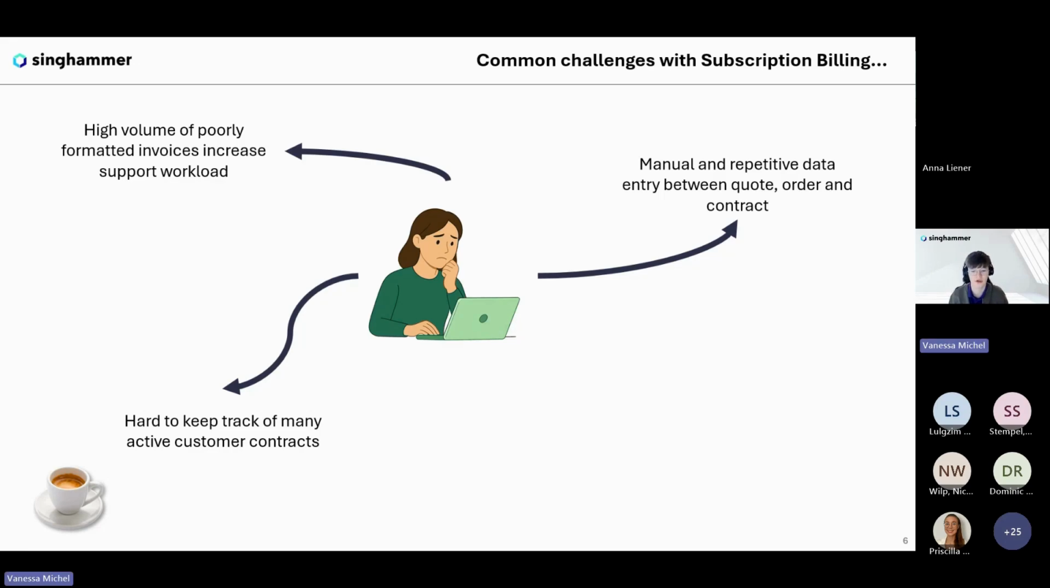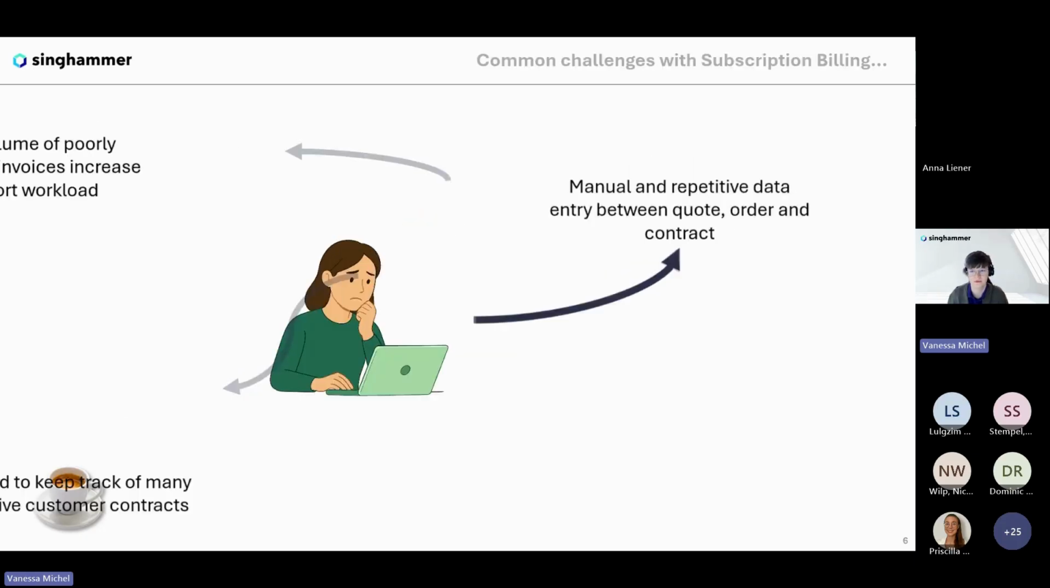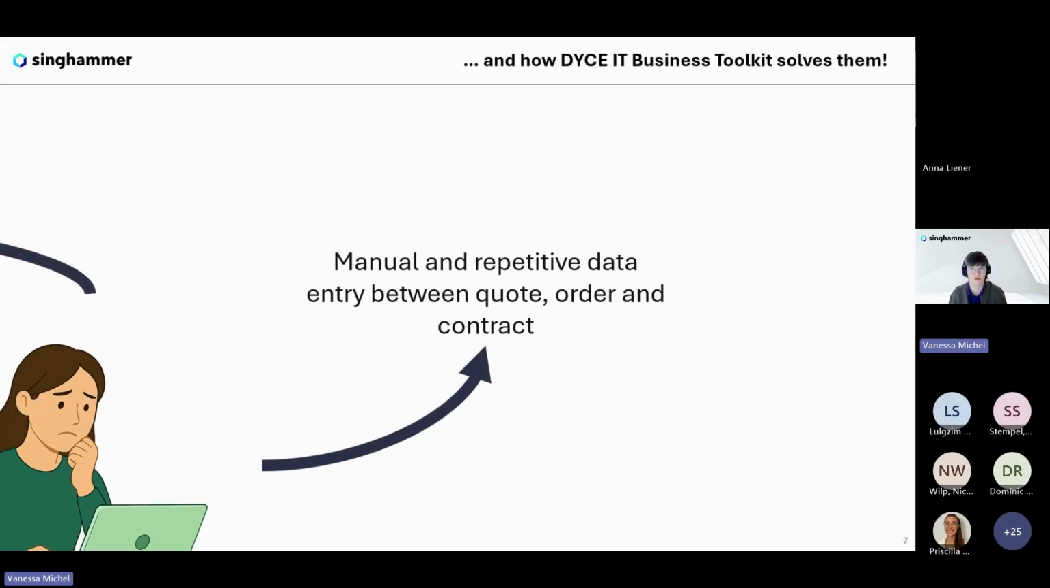Now let's have a look at how we can solve these challenges together with the IT Business Toolkit and our DYCE apps. Let's look at the first one, and with each of these little problems, we will also have a look in a system at how they might be solved. So for this first one, how can we prevent that we need to re-enter and update data when quoting